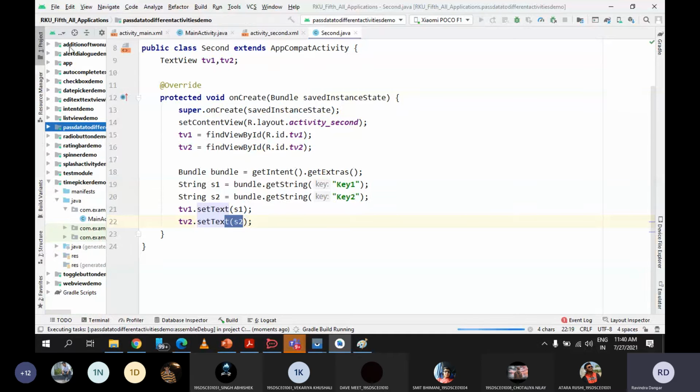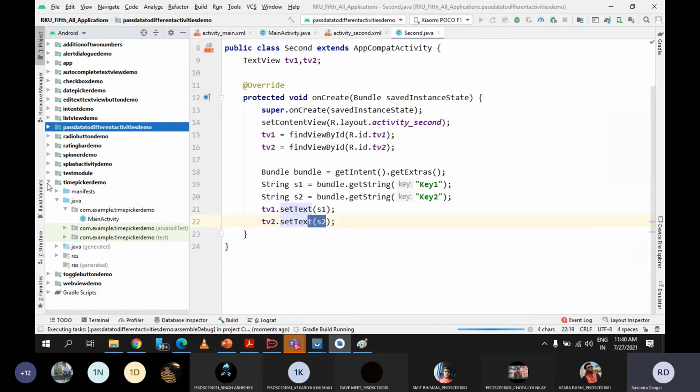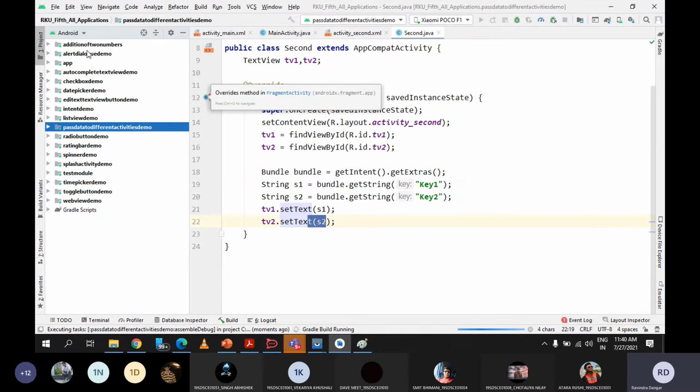See, so far this is what we have discussed, and we have discussed many things. Like how we can add two numbers, how can we display alert dialog, autocomplete text view, checkbox, time picker, edit text and button, intent, list view, how can we pass data from one activity to another activity, radio button, rating bar, spinner, splash activity, time picker, toggle button, web view. So we have discussed many controls.